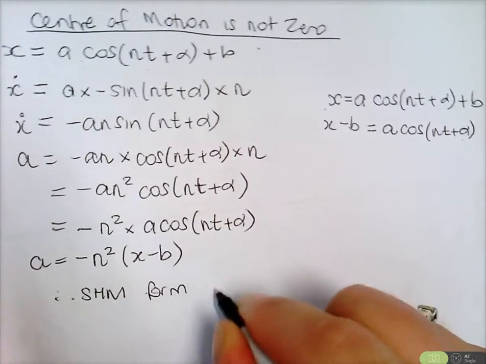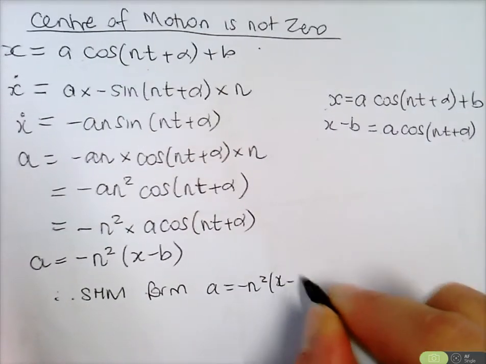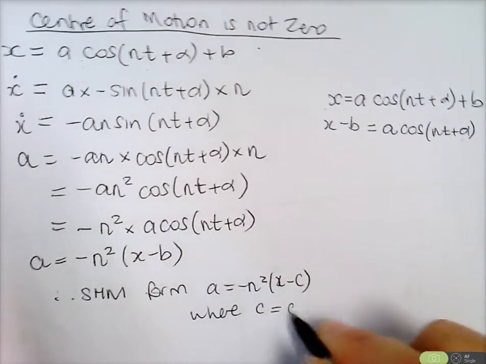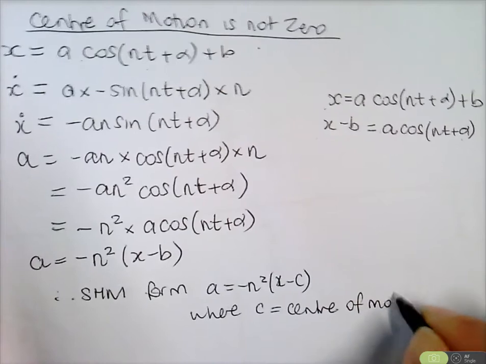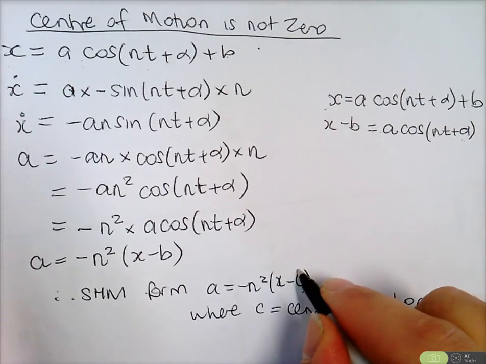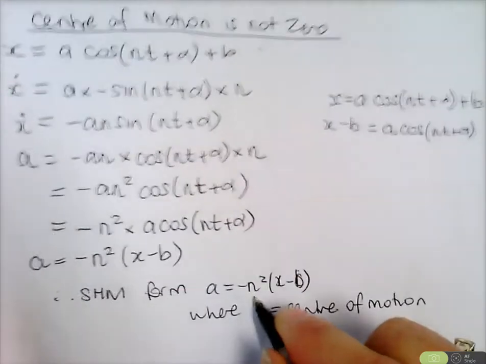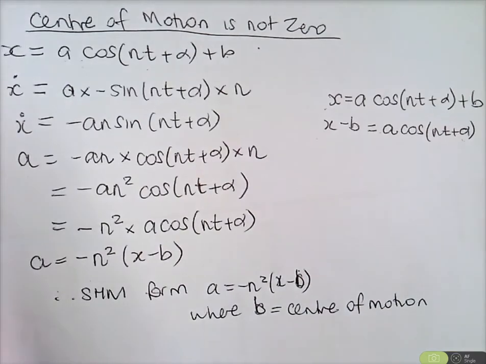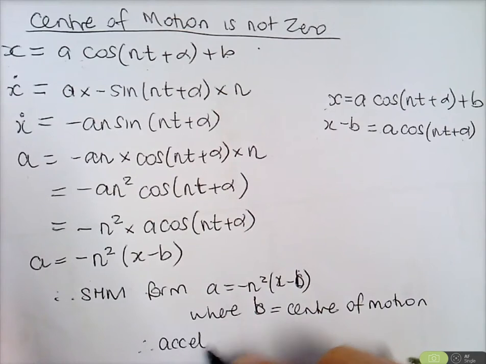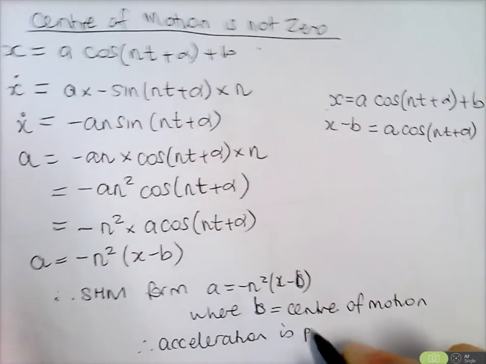Because it's of the form, acceleration is negative n squared, I'll just put x minus c, where c is the shift, where c equals centre of motion. Is c the same as b? Yeah, I can put b. It doesn't matter. Okay? I'll put b, where b is the centre of motion. Okay? So we are showing that, therefore, acceleration is proportional